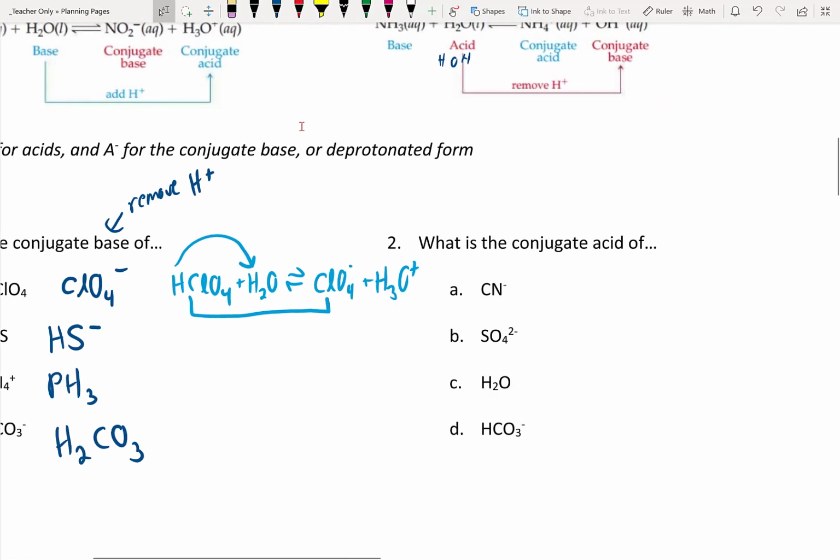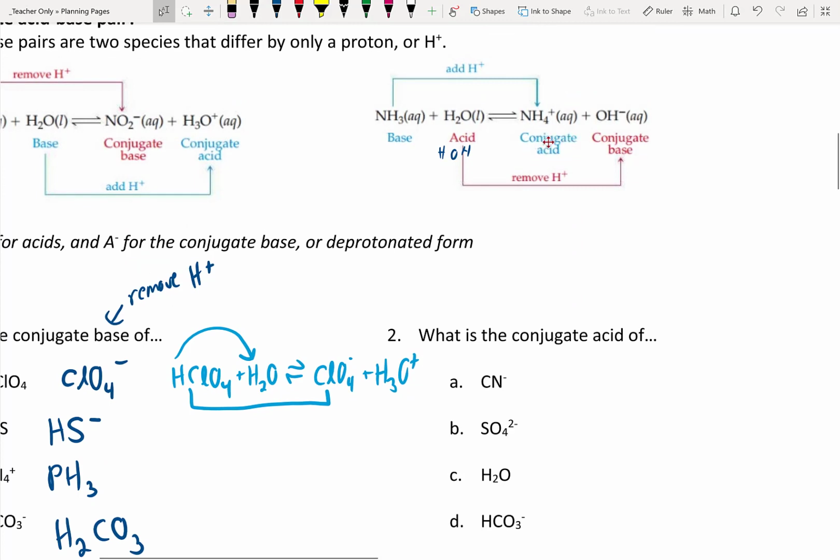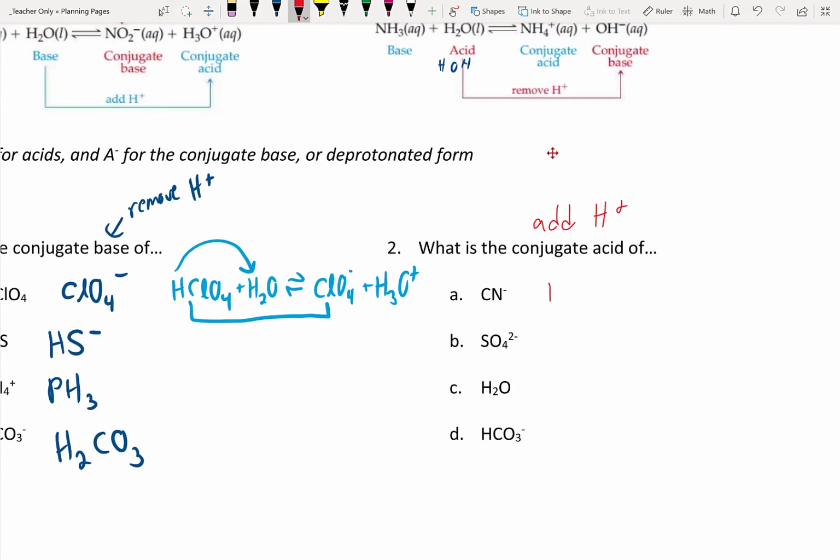Okay, cool. Now, for conjugate acids, okay, we're given bases. Okay, these are bases. If we're looking for its conjugate acid, we have to add an H+. Okay, so the CN- becomes HCN. The SO4 2- becomes HSO4-. Okay, H2O's conjugate acid becomes H3O+,